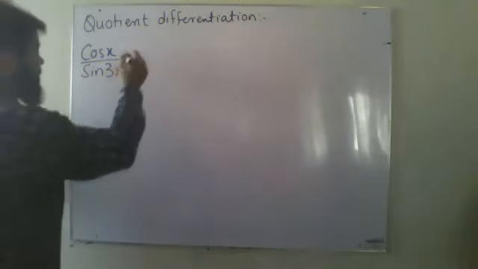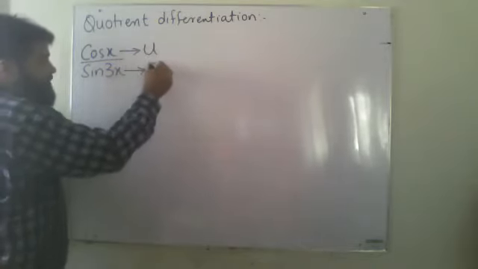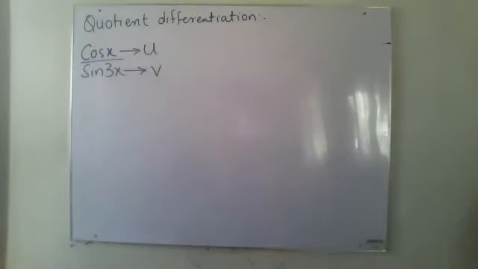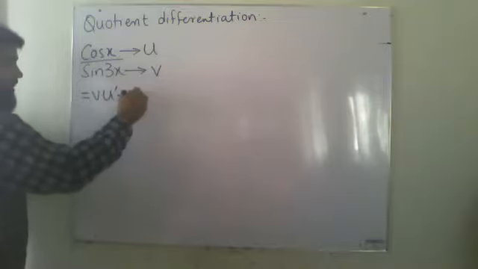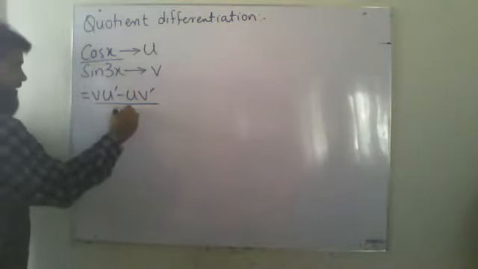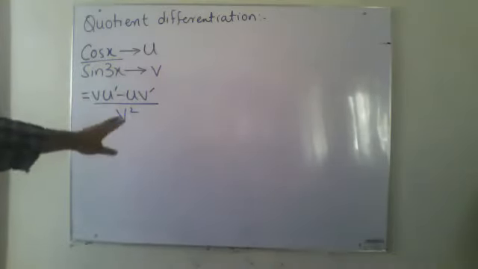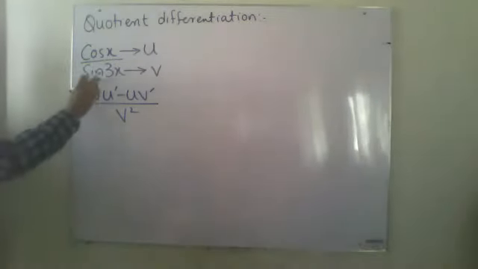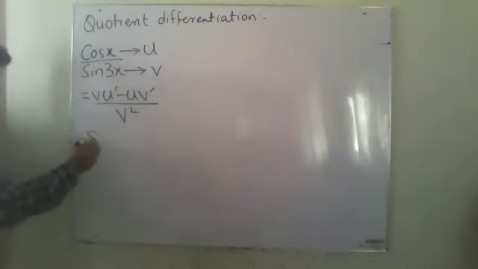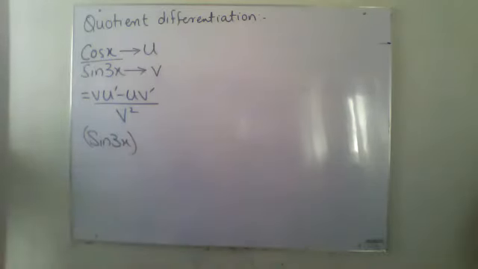Okay, and according to the quotient rule, my numerator will always be considered as u, my denominator will always be considered as v. Now how are we going to apply it? We know the formula. The formula says v u differential minus u v differential over v square. Now I'm not going to solve u and v separately. I'm going to solve them right here because we know how to solve it. First of all, v. What is my v? Sine 3x. Okay. After that, what is written?